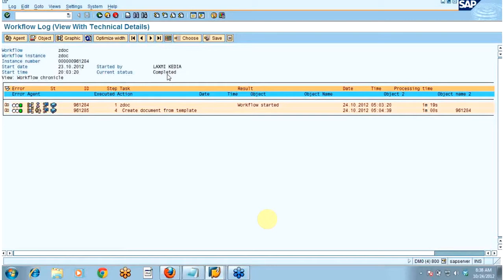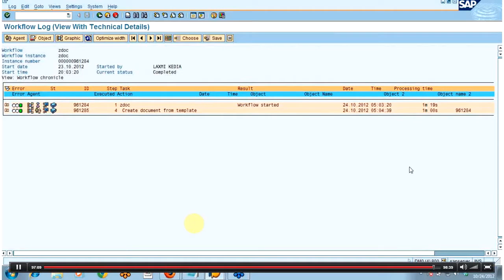And another thing is I'm not able to see the graphical screen. When I click on graphic, it won't come up on my company system. If you had done it in the same system, I would have checked everything, but I don't think I would be able to see your system. So you can send me the screenshot. First, let me see what went wrong. If I'm not able to understand, then we will share the screen. Just send me the workflow screenshot as well as the error screenshot. That error I just want to see.